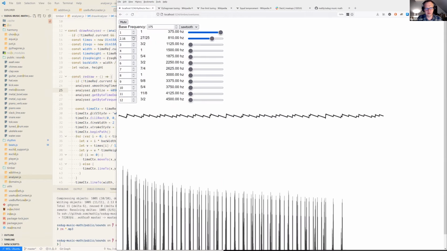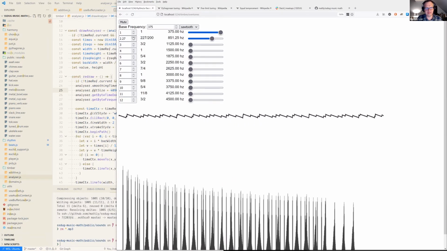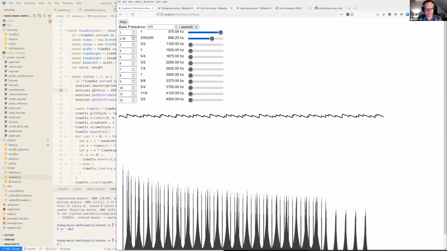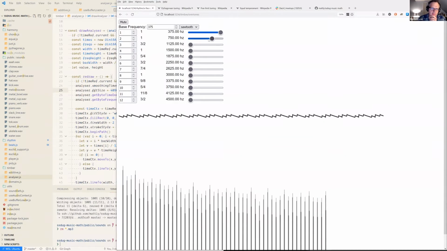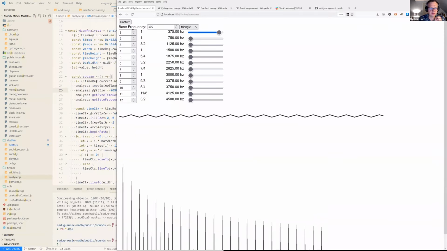Definitely ominous. And as I get away from this a little bit, the overtones just stop lining up. This is useful for a number of reasons, but one of the things that I feel I'm going to switch over to the triangle wave real quickly. One of the things that